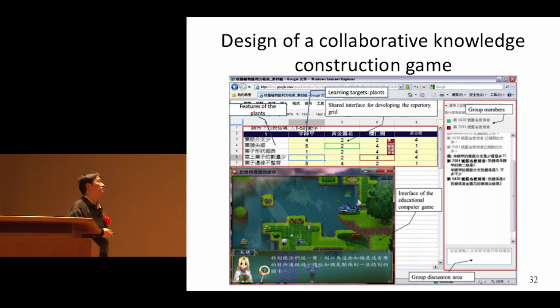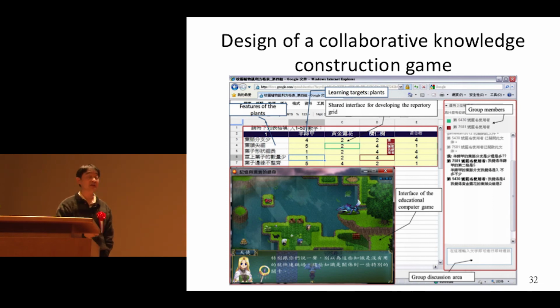Also, we have another game. In this game, we let students play the game, and then we have discussion forums. We ask the students, when they play the game, to collect information into this table. And we try to investigate whether the use of this table would affect student learning performance,